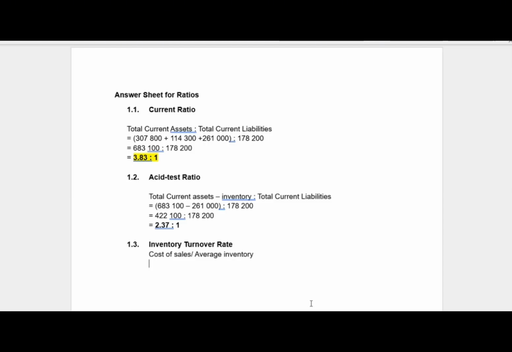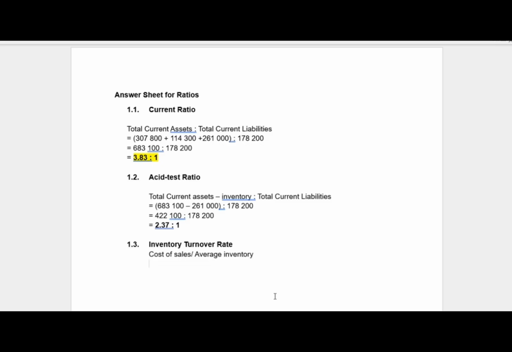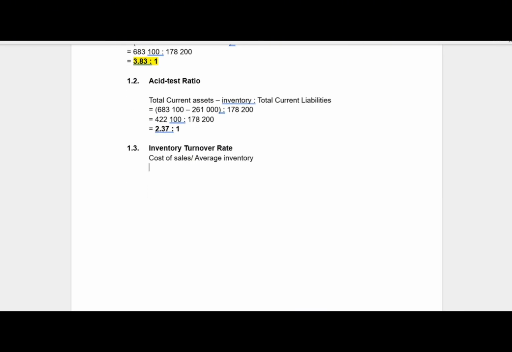Now we are going to look for cost of sales in our provided information. Our cost of sales is given as 353,453, right? Let's go to our answer sheet. We're going to say cost of sales of 353,453 divided by average inventory. For average inventory, you open brackets, you take the inventory for the current year and the previous year, or opening and closing,